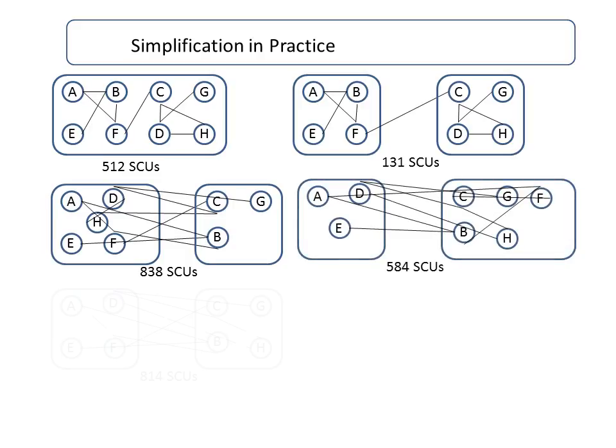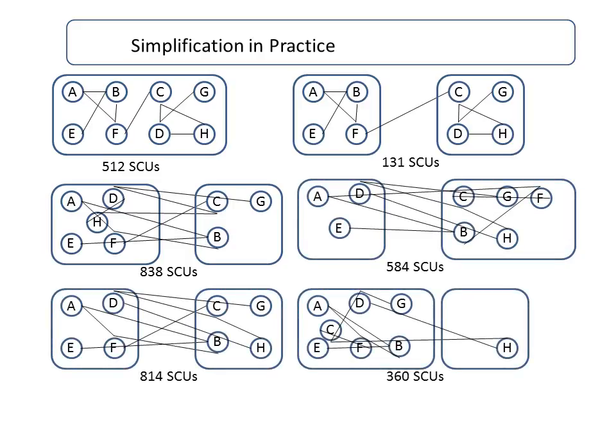This is just a small collection of the number of possible ways, and you can see even here the total complexity that we have ranges from a low of 131 standard complexity units to a high of 838 standard complexity units. That's a big range. And as we'll see later, since complexity drives cost, that means that probably the 838 standard complexity unit system is going to cost, well, whatever the difference is between these two, probably 5 times as much as the 131 SCU system would cost